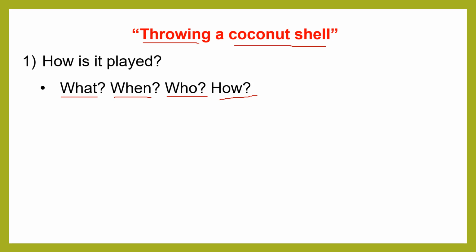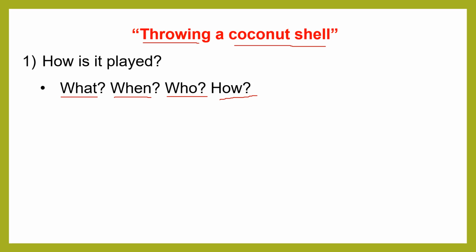Okay, now after playing rock, paper, and scissors, one of the winners has to take a coconut shell and throw it away, and the loser has to run to get the coconut shell and come back to the place where they play, and keep the coconut shell in the same place, and then they circle around the coconut shell. Yes, and